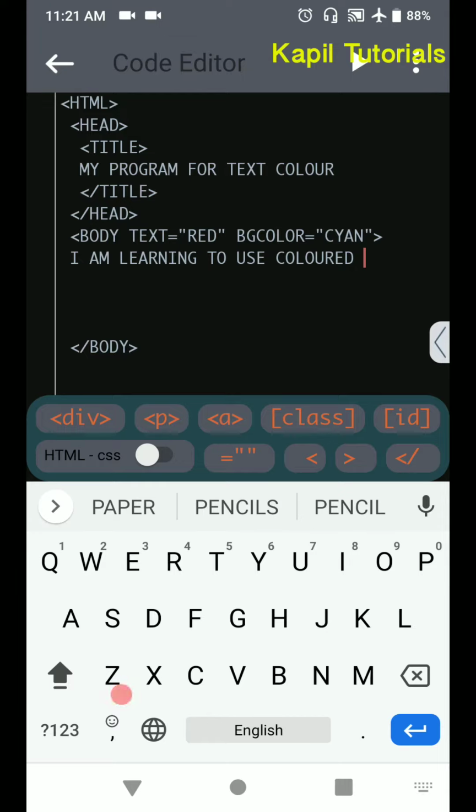No problem there, but whenever I am giving a tag, a command, I have to follow the syntax. So here I have written I am learning to use colored font or text. Okay, and then I'll close this.